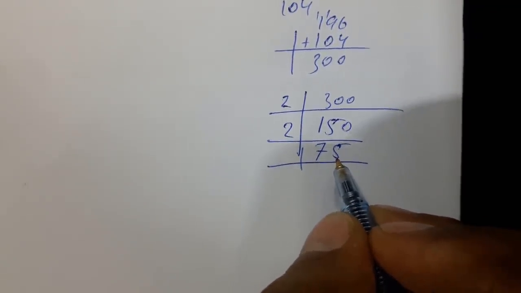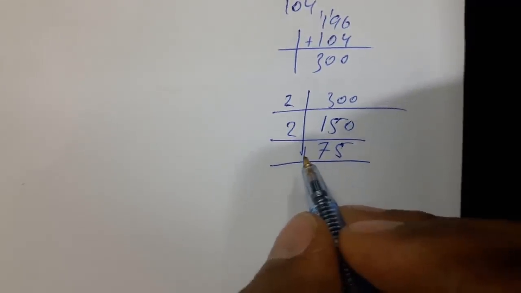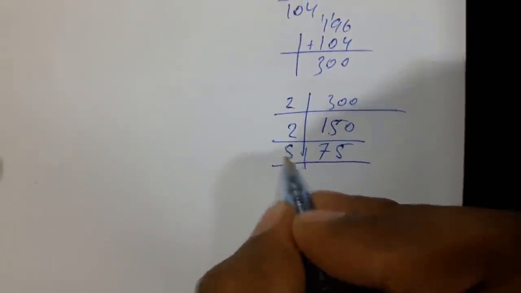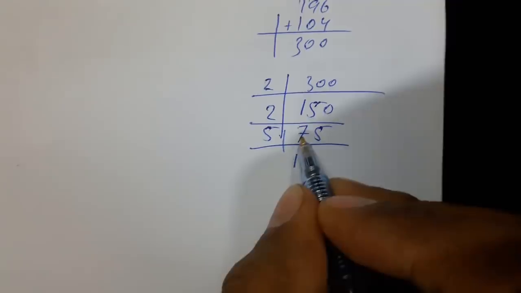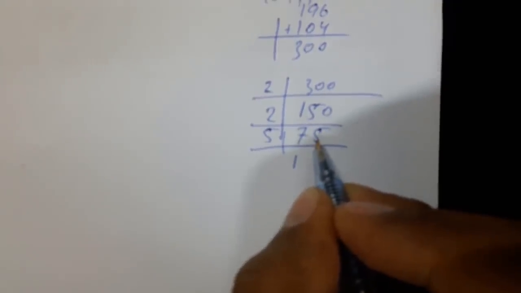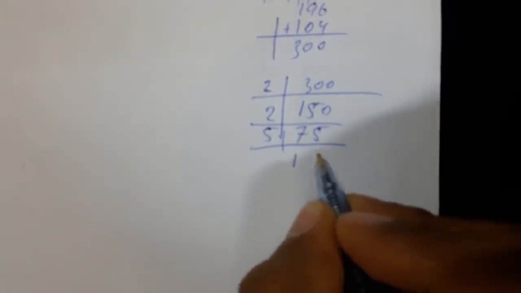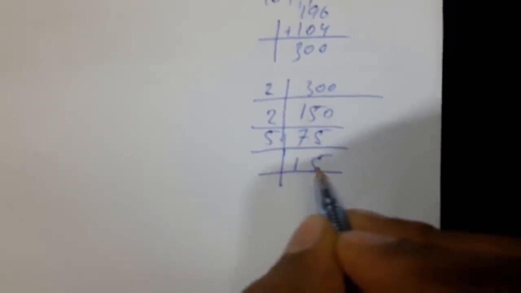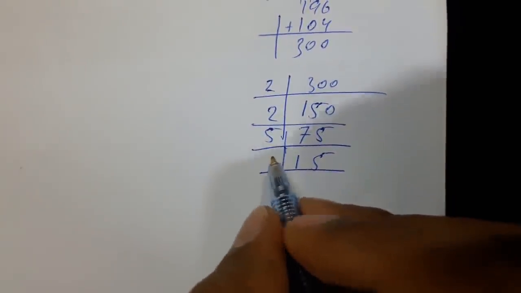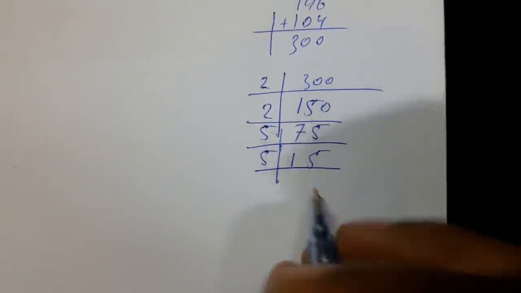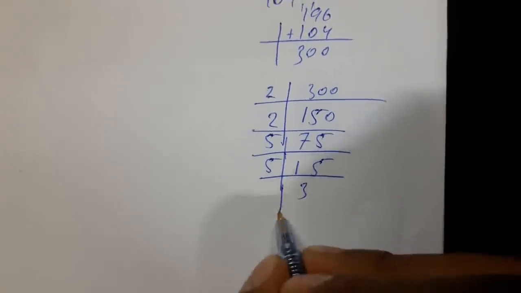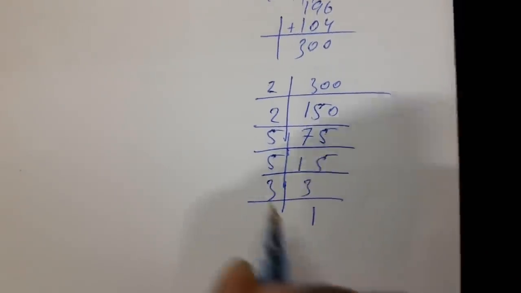If there is a 5, it will be divided by only 5. Okay. So 5 1s are 5. 2 remaining. 2 will be carry here. This will be 25, and 5 5s are 25. So there is also 5, so we will divide by 5. 5 3s are 15. 3 1s are 3. Okay. So now what do we get here,